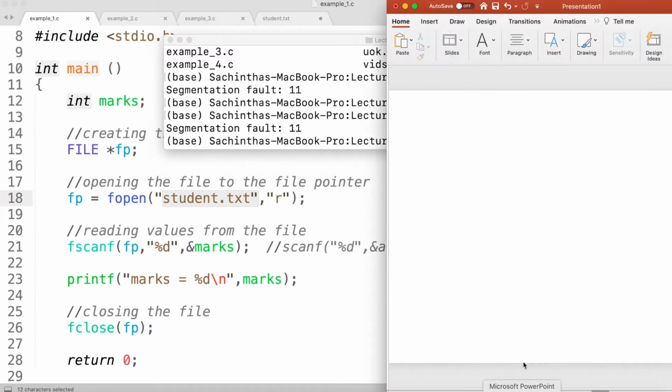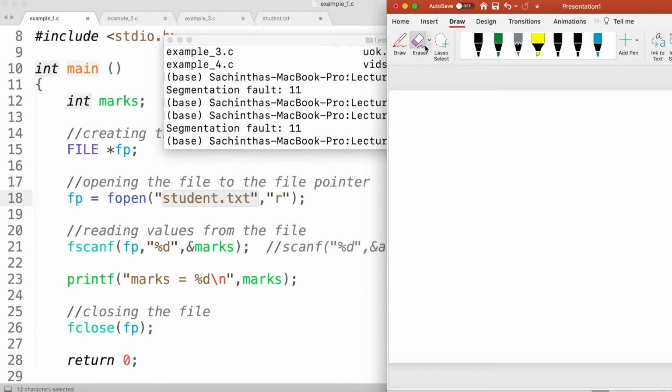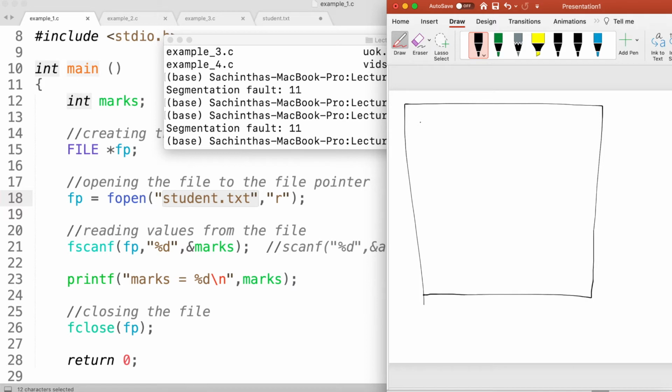In my program, the execution always begins at the first statement. When the computer starts the execution, it will create the program memory, right?